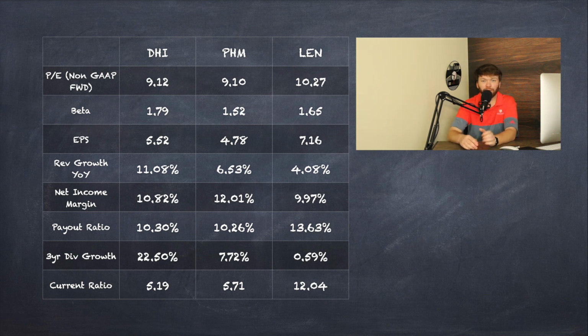The payout ratio. Now this I thought was a little weird. Payout ratios are usually pretty high. I think we've even seen payout ratios that are upwards of like 75% sometimes with certain companies. So seeing this down in the 10% was a little strange, 10 to 13%. But since it's